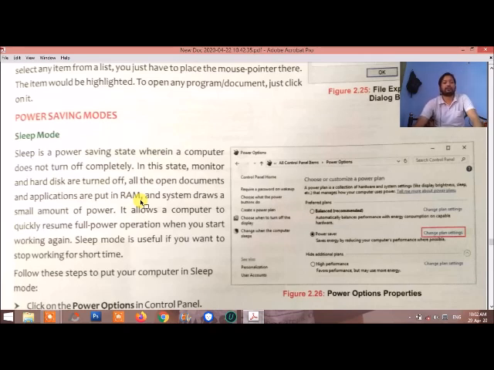In this state, the monitor and hard disks are turned off. All the open documents and applications are put in RAM, and the system draws a small amount of power. It allows the computer to quickly resume full power operation when we start working again. Sleep mode is used if you want to stop working for a short time.